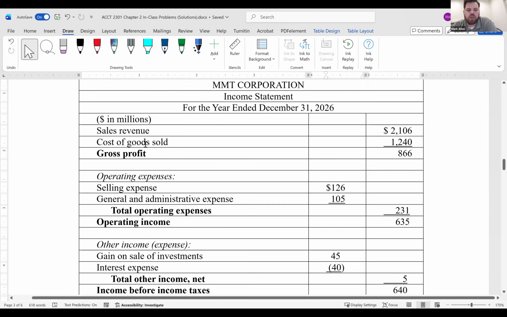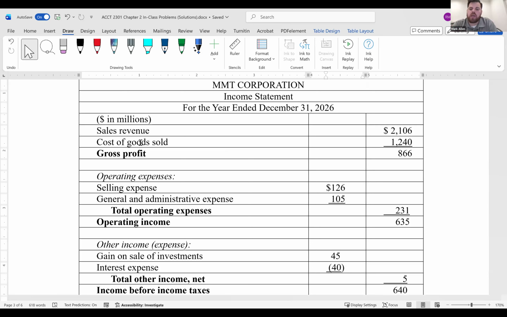So let's start off. The core function of the business is, in this case, to sell their products. The cost of selling those products goes to an account called cost of goods sold. It's literally the cost of the goods that were sold. Very straightforward. We'll take the initial sales revenue minus that cost of goods sold to get our first big number,